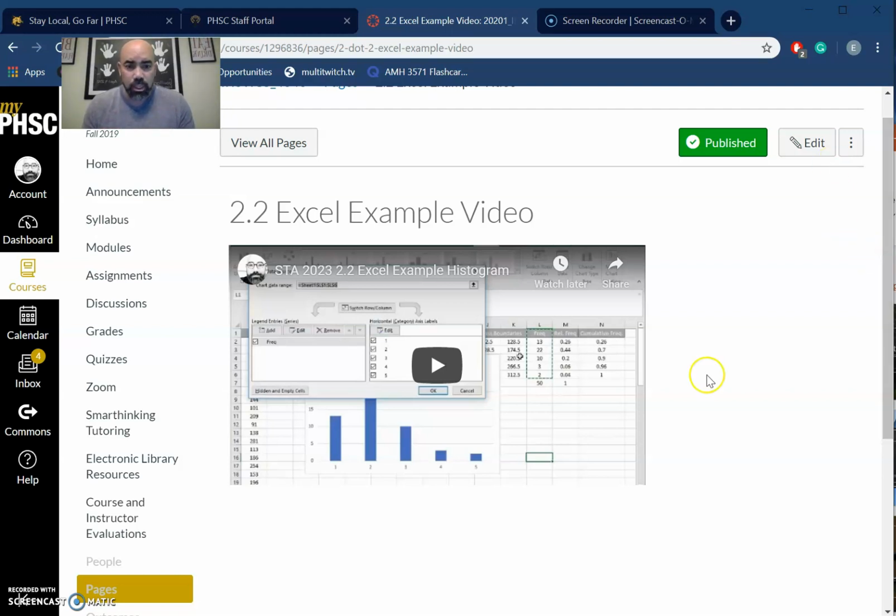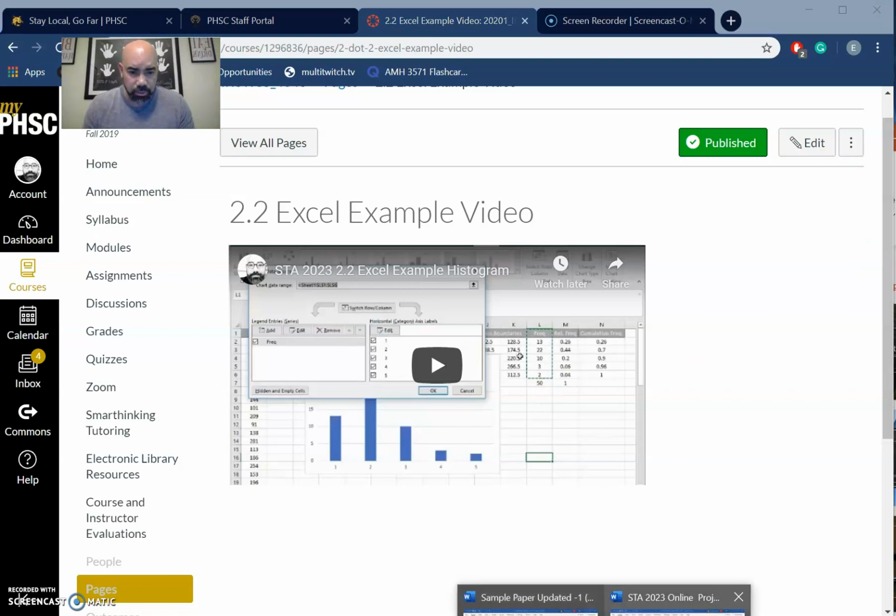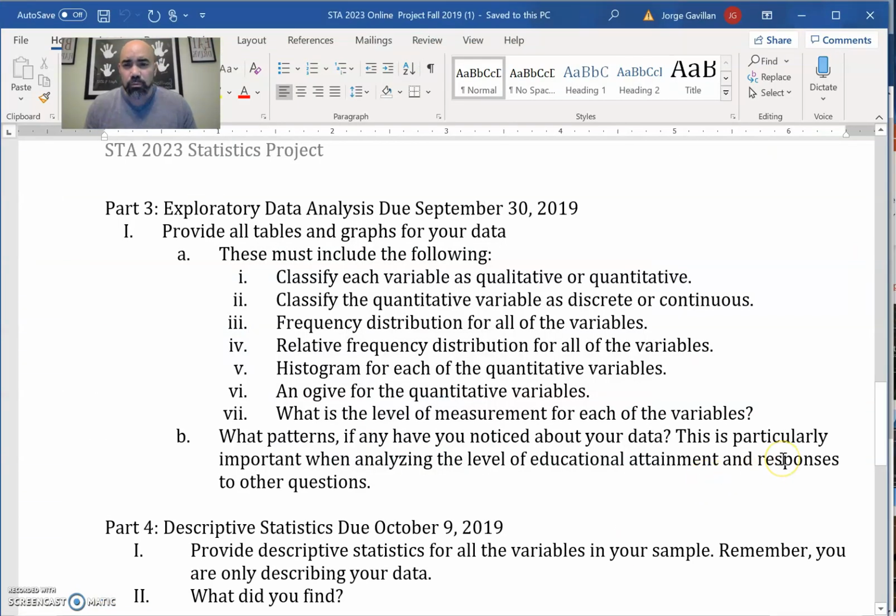Now, in the instructions, let me see if I can find the correct ones. Part 3 is what they call EDA, and EDA is simply the process of organizing your raw data into something that's meaningful. Just like anything else, when you complete this section, it should be under the heading Exploratory Data Analysis. Now, you have to include